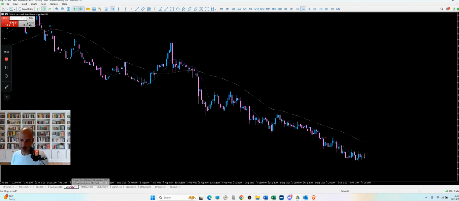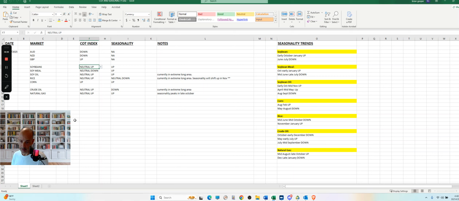All right. So rice just continues to trade down, actually kind of sideways. Remember the COT data and seasonality on rice. Let's see. So on rice, we have a little bit of a conflict. We have neutral up on rice as of the last COT update and neutral down on seasonality. However, rice should start to, from a seasonal standpoint, go up in November. So again, I'm probably not going to do anything with rice the entire month of October. I'm just going to keep watching it and look for a potentially bullish shift come November, and hopefully we get the COT data back by then.